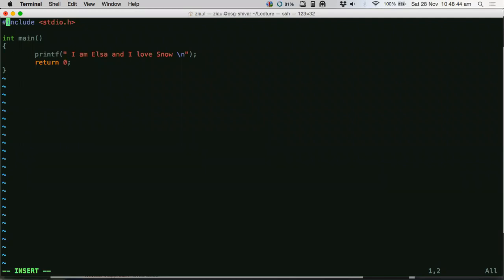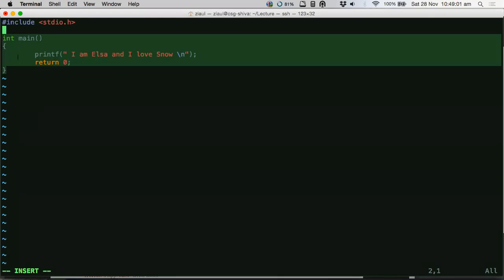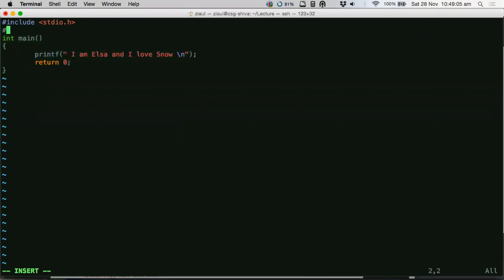Whatever you put after the hash, these are all the pre-processing directives. Include is one of the pre-processing directives. So these will be processed by your preprocessor. The preprocessor is not going to process your main or these lines. It is only going to process the things that you have written after the hash. Is that clear? Whoever was asking this question?